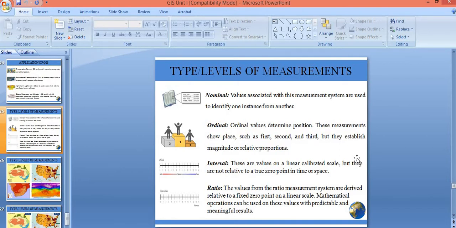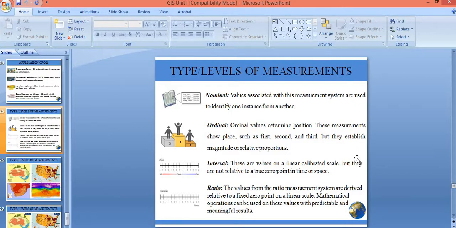What is the real meaning of 0? When I say 0 students are attending my class, what does it mean? It means that no student is attending my class. So 0 normally represents absence. But in interval, if you say 0, it means that 0 is also a value. A very good example is a person's temperature. If we say 0 degrees Celsius, what does it mean? It is also a temperature. It doesn't mean that the temperature is not existing. Temperature exists and the temperature value is 0 degrees.